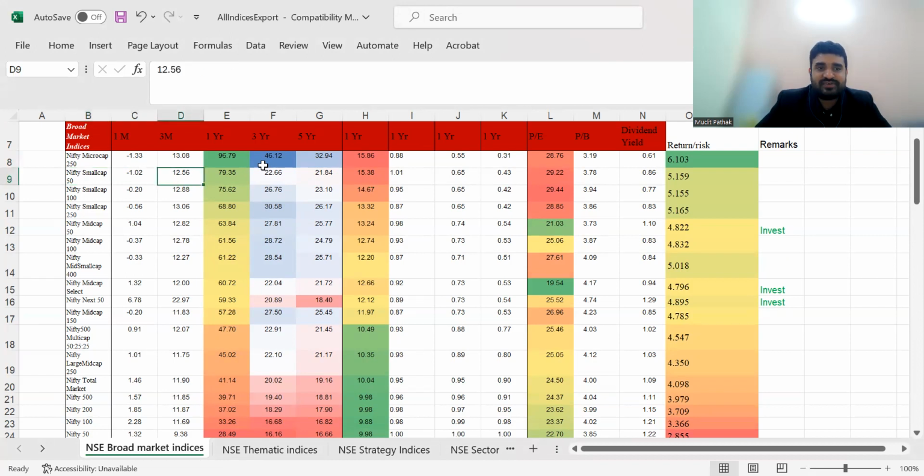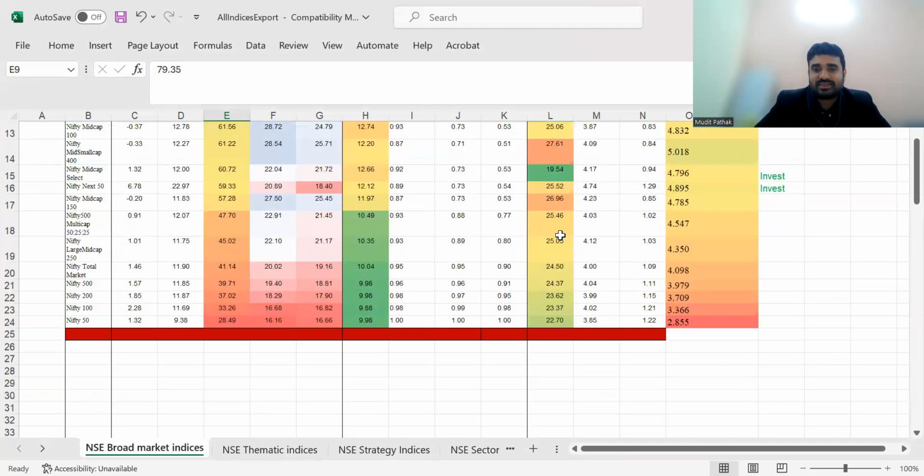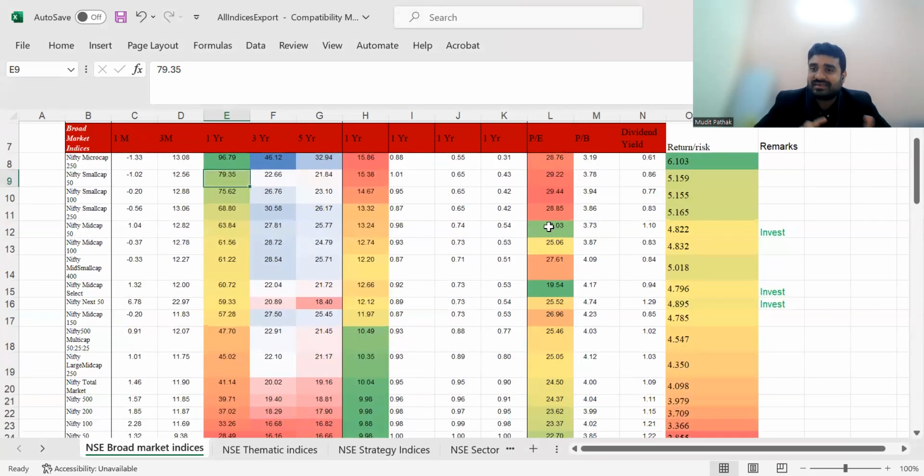So you see this Nifty Small Cap 50 has also given a very good return of 79% in a year. So this has been a crazy year in the stock market. But I have classified different parameters. This P by E is the price to earnings ratio. The higher it is, the more overvalued that index is. आप देख सकते हो कि यानी that index might get a price correction in the near future. इसलिए the lower the P by E, the more undervalued it is, and more value unlocking has to be done.